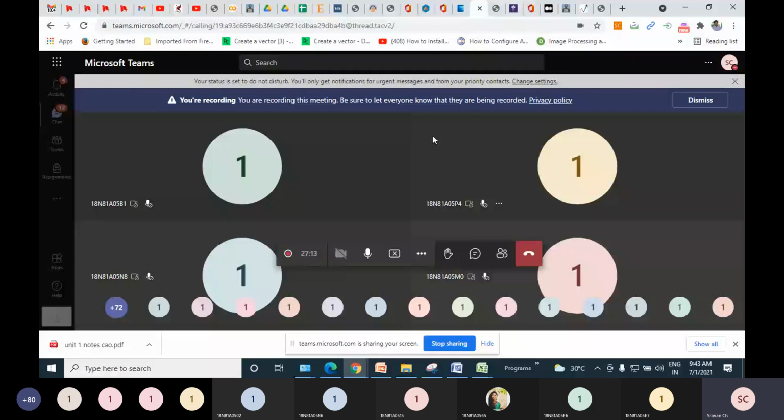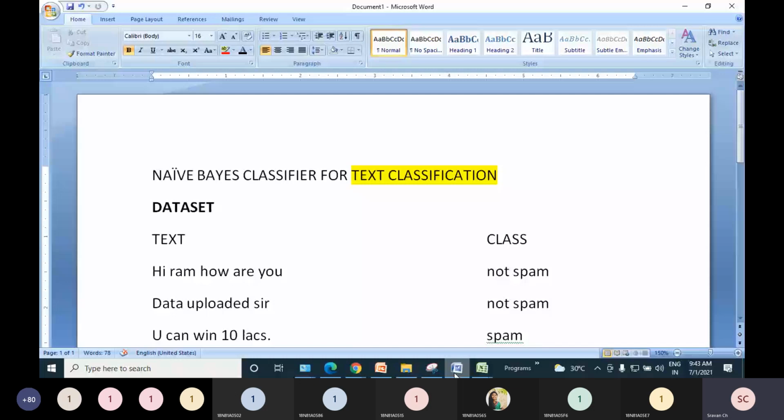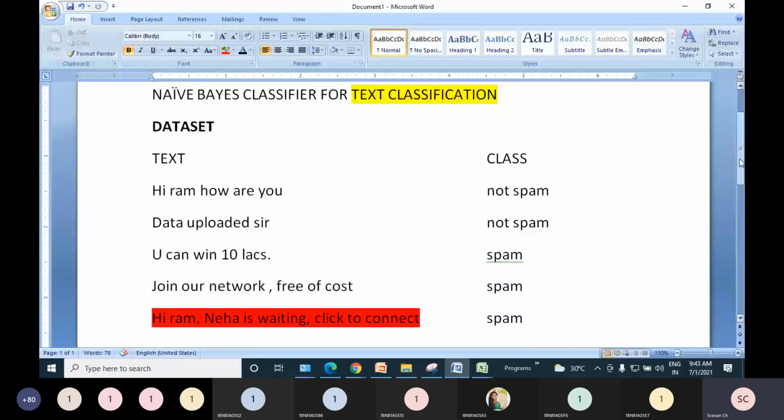So today we will be doing text classification. Now further, the problem statement was already discussed in the last class. Friends, please observe this. I'll just give you a briefing of what we discussed in our last class. Text classification is the task which we wanted to handle. So the task at hand is text classification, and the data set.